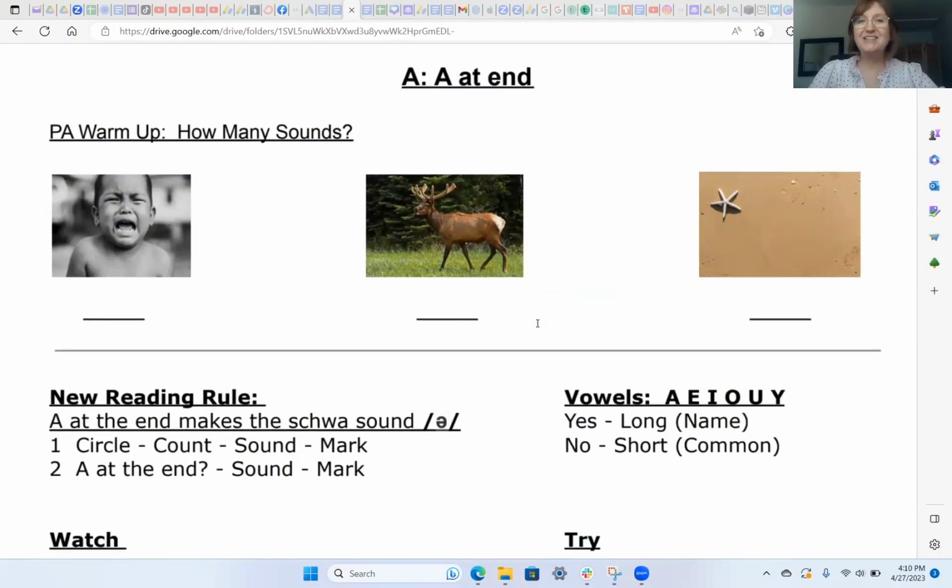Okay, so here I get to teach you this fun, great thing, A at the end. I love this because it is so common and it is 100% of the time. There aren't too many English rules that are 100% of the time. They're always rules. So I love those when they happen, and this is one of those. So here's the rule. A at the end says